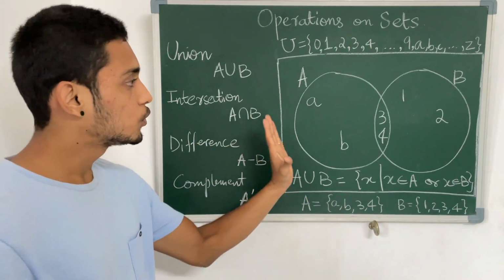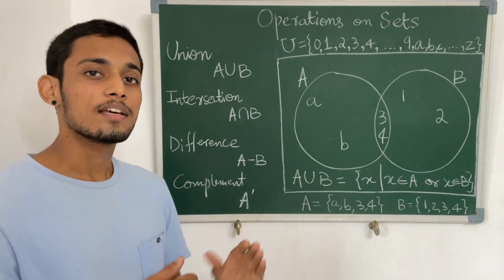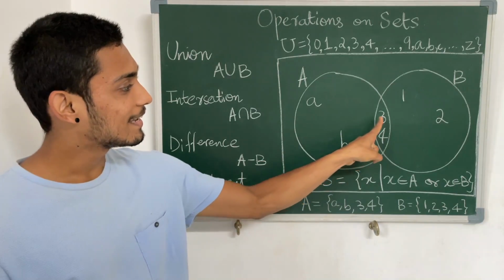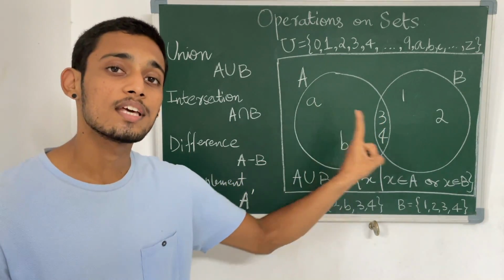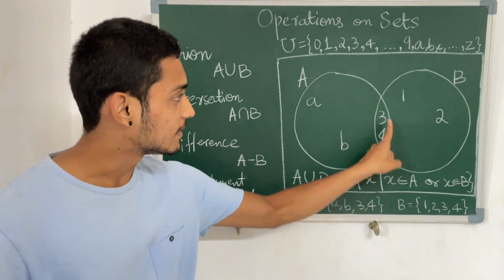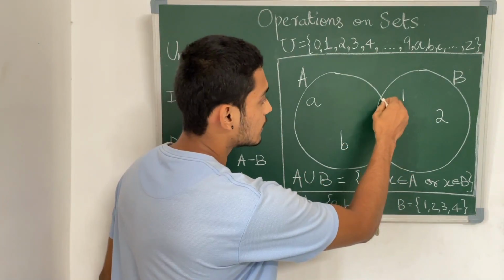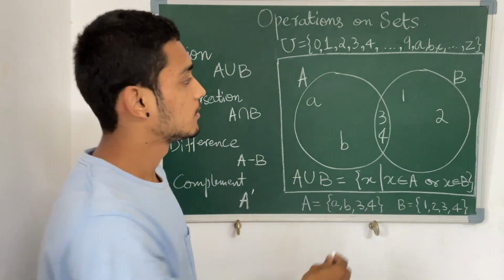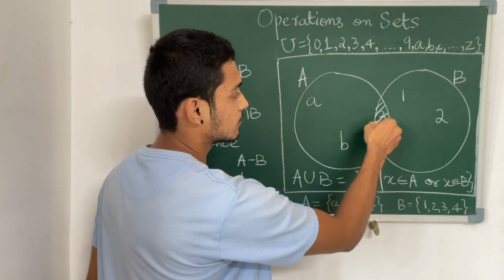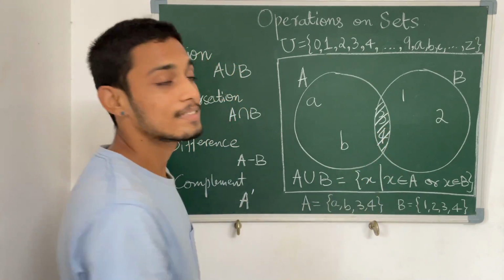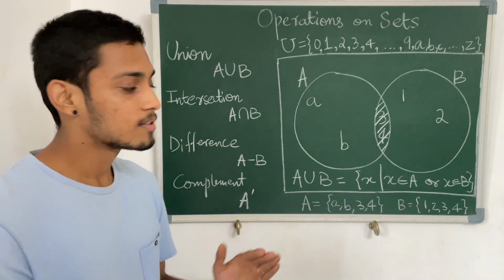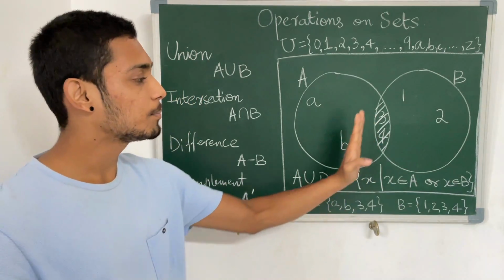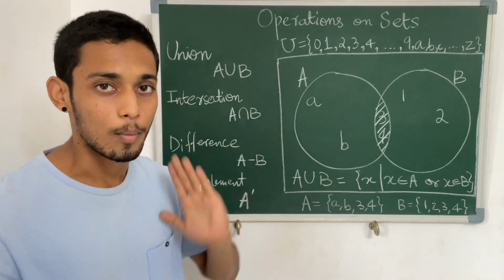So in the same way, two sets are called intersecting if they have some elements in common. So in this example, we can see that the elements 3 and 4 are common to both A and B. So they are falling in this region. So this region is the intersection, the region where we see the numbers 3 and 4 in it. So you can highlight it as this. This is the intersection of these two sets. Suppose the sets had some more elements in common, they would all be in the intersection. For our example, only the numbers 3 and 4 are in common.